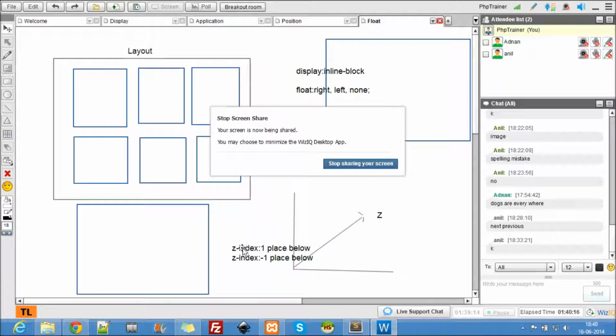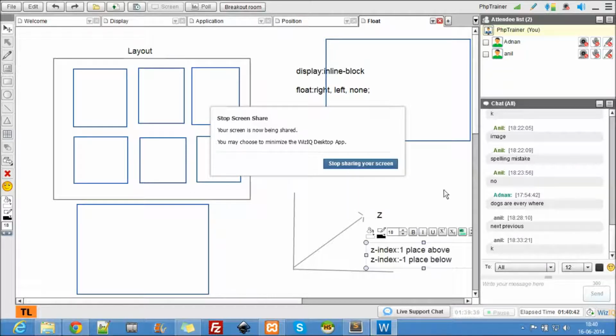So z index is nothing but the arrangement of the content of a box one on top of another. That's what z index does. So z index is usually used to place the content above and below. So this is above actually.